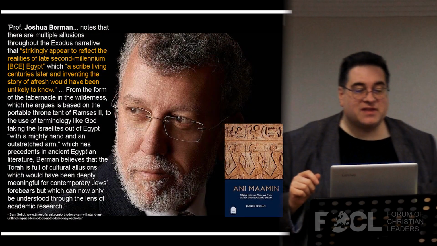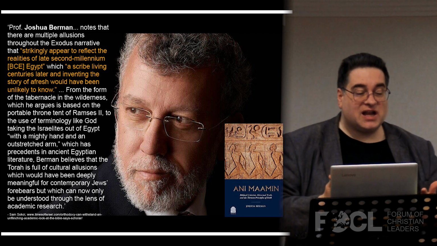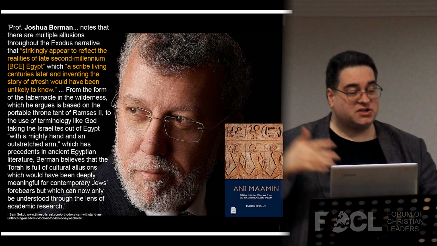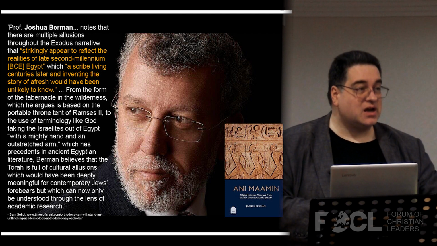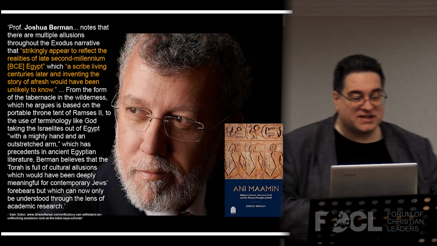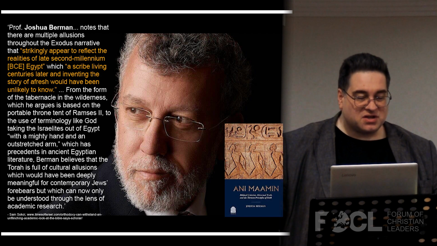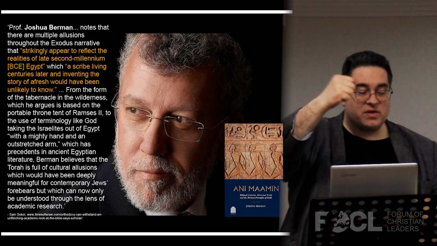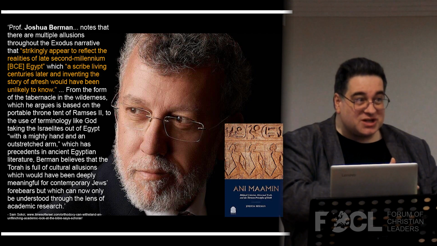Joshua Berman again notes that there are multiple allusions throughout the Exodus narrative that he says strikingly appear to reflect the realities of late second millennium BCE Egypt, which a scribe living centuries later and inventing the story afresh would have been unlikely to know. He notes all sorts of things, from the form of the tabernacle in the wilderness, which he argues is based on the portable throne tent of Ramesses II, to the use of terminology like God taking the Israelites out of Egypt with a mighty hand and an outstretched arm, which has precedent in ancient Egyptian literature,